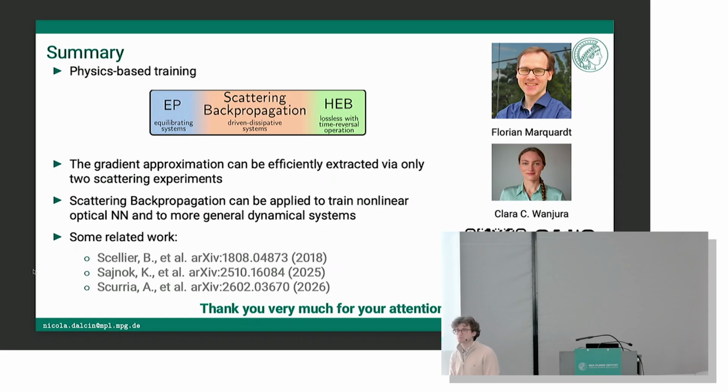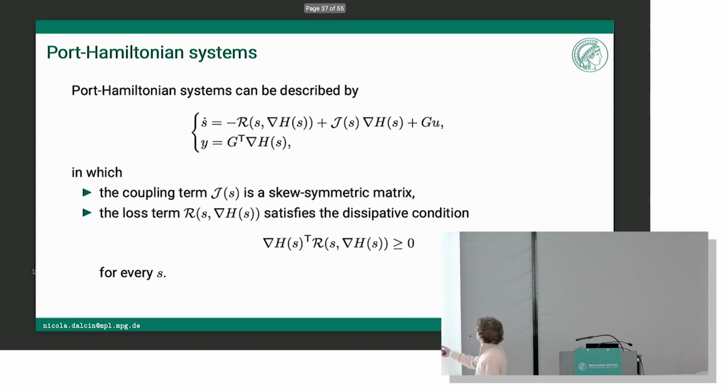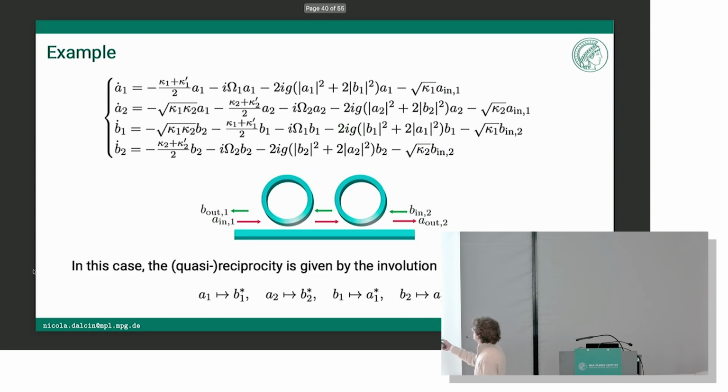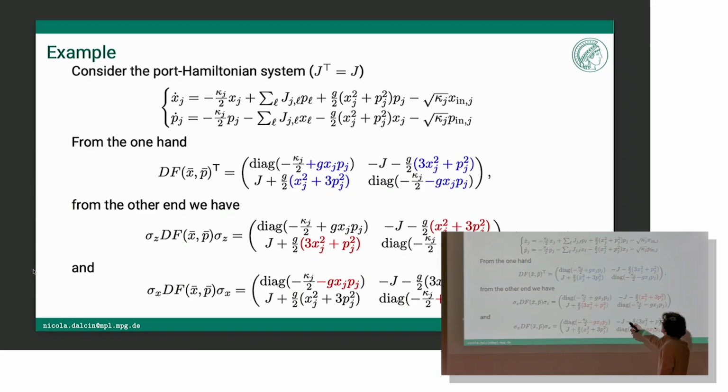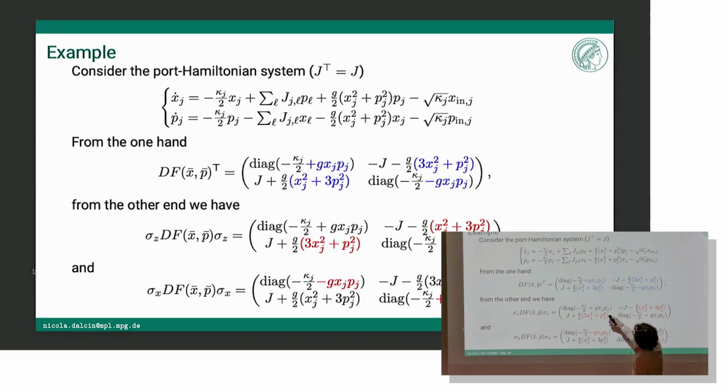Otherwise... I mean, you mean why there is a minus i in the equation? This comes from the Hamiltonian version. This is a port-Hamiltonian system. So these are the Hamilton equations. This is the linear part, and this is the nonlinear part. And this is the dissipation, which is linear in this case. And when you change your basis, you get this minus i and so on.